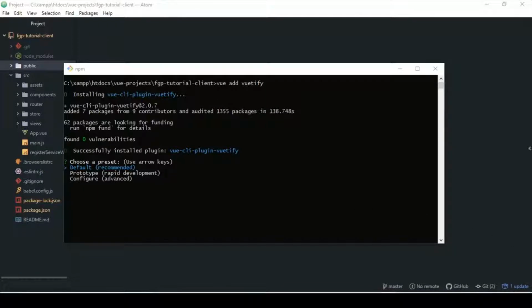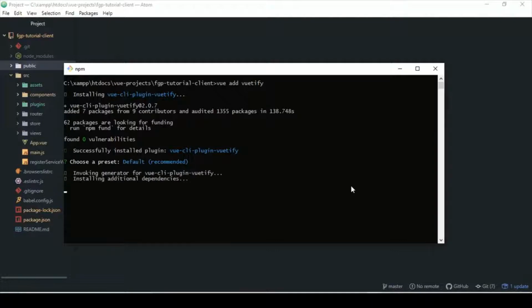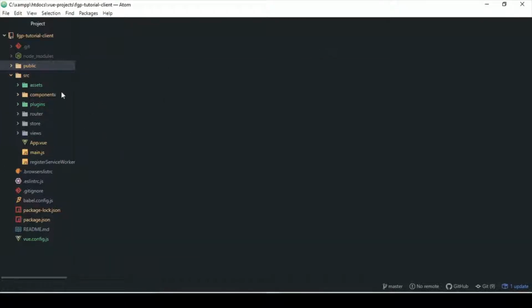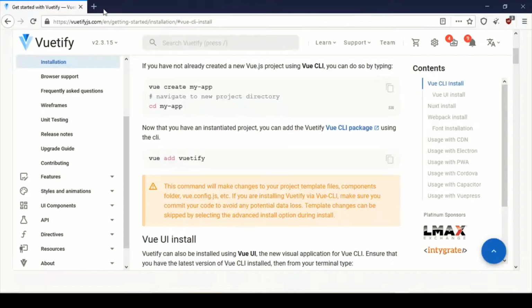Alright, so I'm just going to go for the default preset because I don't want to have to do anything. Yeah, I'm just going to go for the default. Alright, so that's finished, and I wanted to point out that it is highly recommended that, if you know you're going to use Vuetify in your Vue app, you install it as soon as you create the app, because it does make a lot of changes. I'm going to show you some of these changes, but before I do, let's just go ahead and